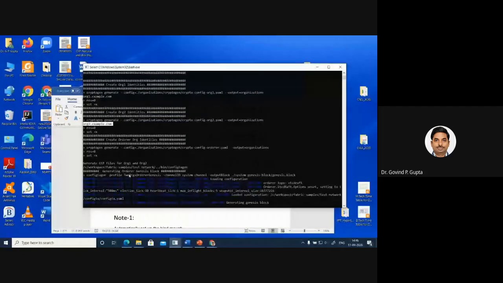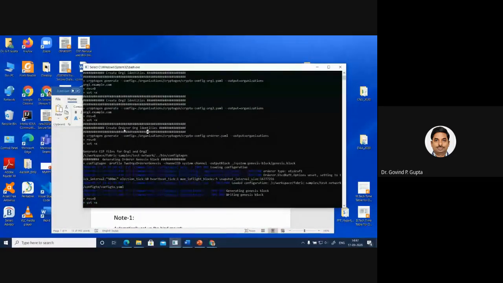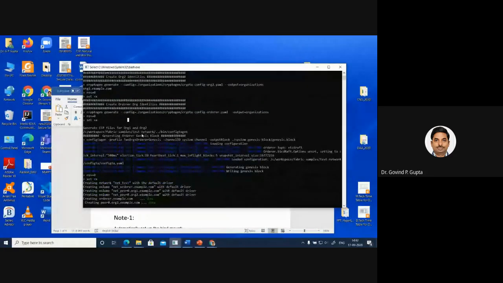After that, you have to create the orderer. After creation of the orderer, you have to install the orderer to both organizations, org1 and org2. So first creating the orderer. Before creating the orderer, use a certificate and then verify. So here again CryptoGen is called for verification purposes.